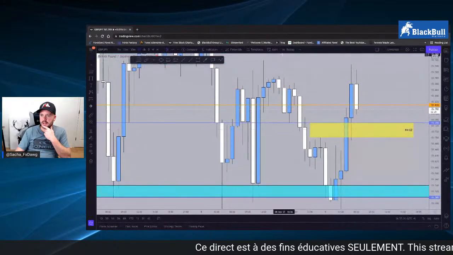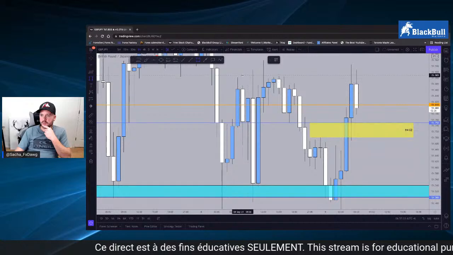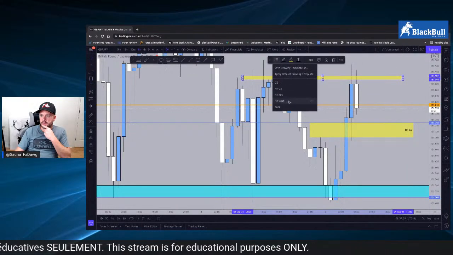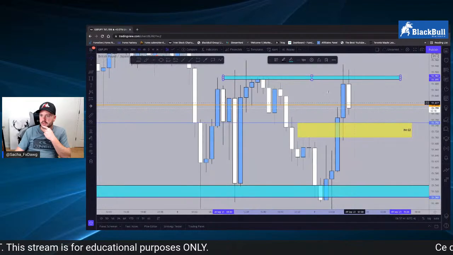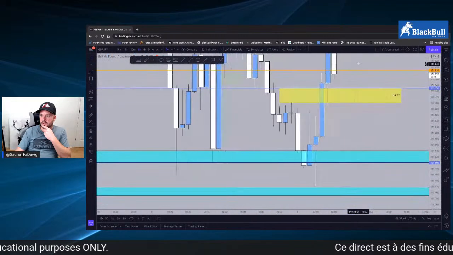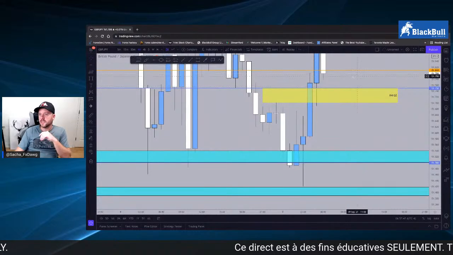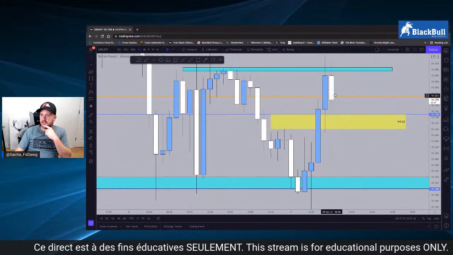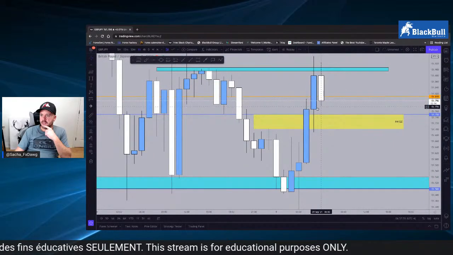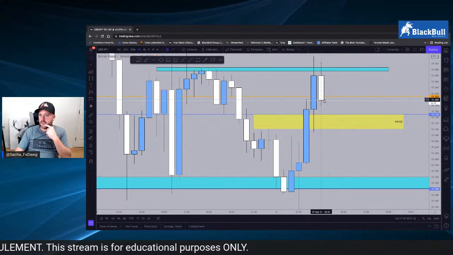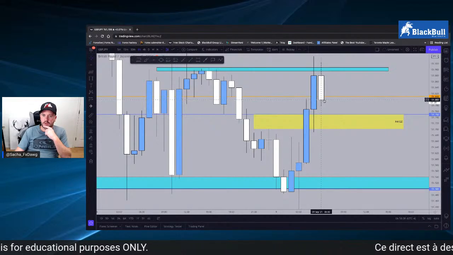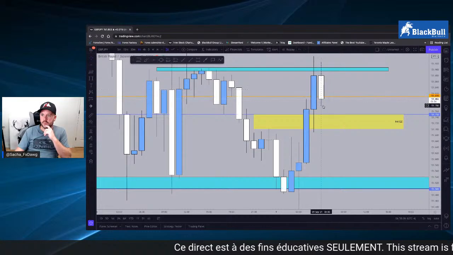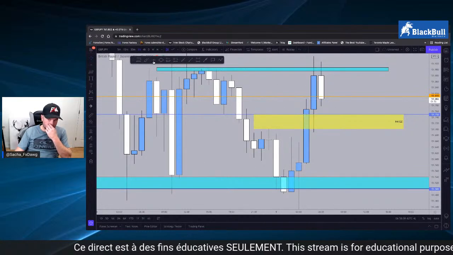So now, if you look at H1, we are forming resistance at previous resistance right here. Let's put a zone right here. Perfect. So we are right at this zone forming resistance. If we do close nicely, what time is it now? Oh yeah, in 3 minutes. If it closes nicely like this, not engulfing, I'm going to wait for extra confirmation. So I'm going to wait for a dogtail setup. So I'm going to wait for price to wick up, and once we break the low on H1,